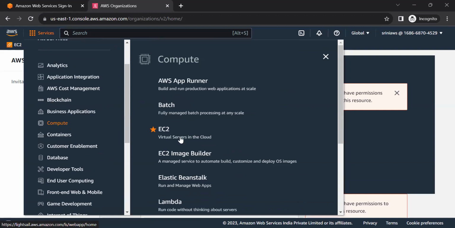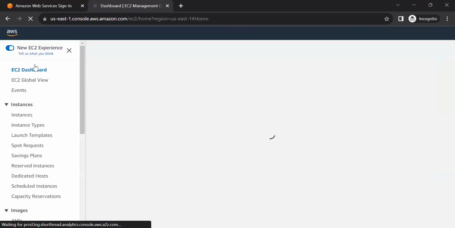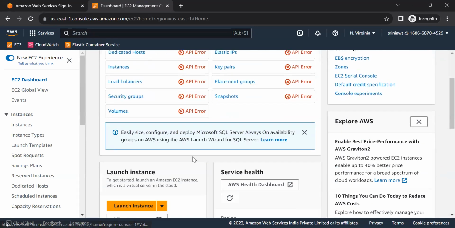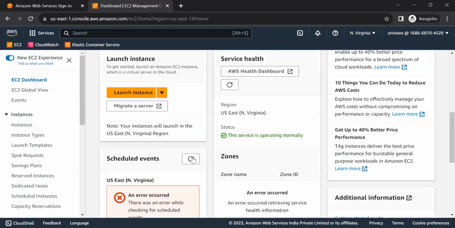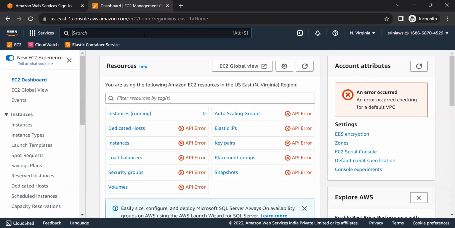Under compute, there is EC2 that we have been dealing with. EC2 means Elastic Compute Cloud. As a shortcut, they mention it as EC2 here. Okay. Why I'm getting this error is because I do not have permissions to see how many instances, what those are, what the load balancers, security groups, and everything are, because they have given me an IAM user with restrictions, S3 only, not with everything here.